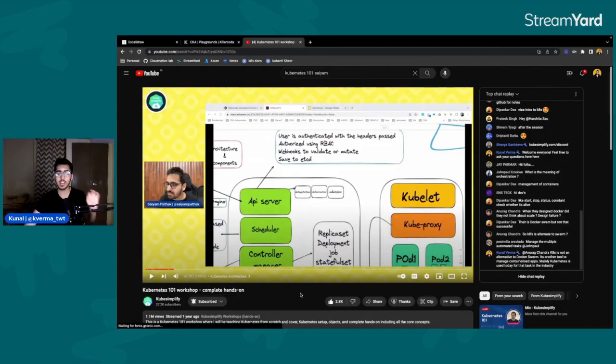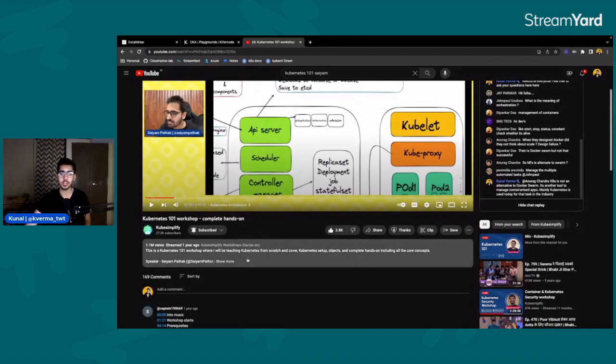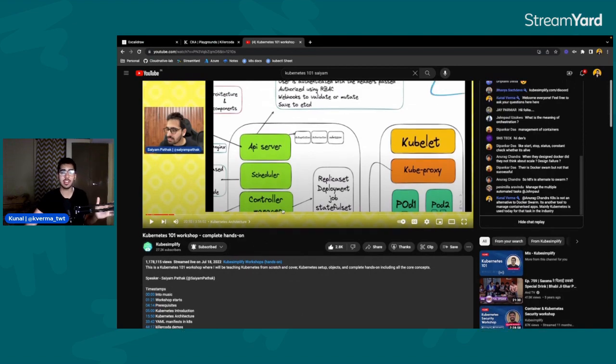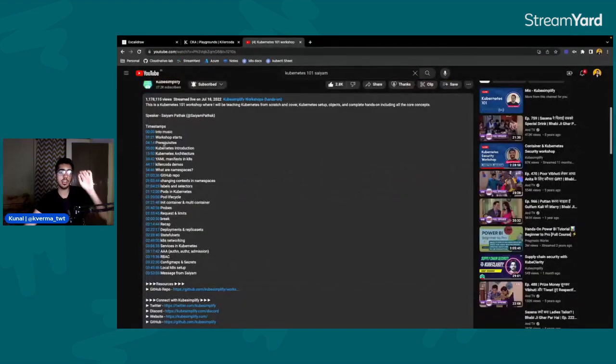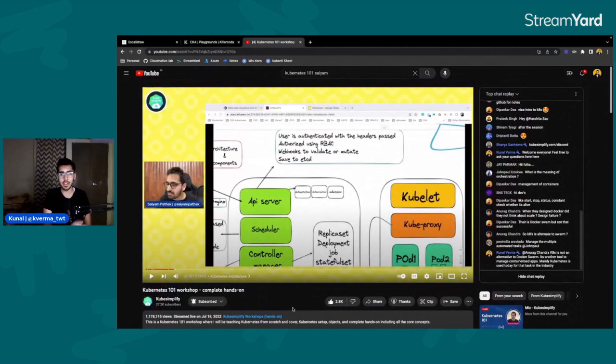If you aren't familiar with these concepts or you want to study Kubernetes from scratch, from the very ground up, to get up to speed on what exactly Kubernetes is and how you can start working with it, I would suggest one very nice resource to head over to right now, which is the Kubernetes 101 workshop by Saiyam. This is that particular workshop, Kubernetes 101 on the Kube Simplified channel, given by Saiyam Pathak himself. In it, he teaches Kubernetes from the ground up. He also explains the Kubernetes architecture and all the important concepts involved in the Kubernetes ecosystem in general. So you can definitely go to this workshop if you want to learn Kubernetes from scratch.